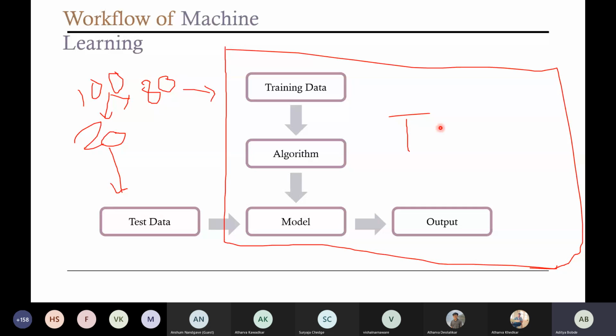So in the case of machine learning, suppose you will be feeding the data and data points. Suppose you have 100 data points. You won't be feeding your 100 data points directly into the machine. What you will be doing is splitting the data into parts, like 80% or 70% for the training, and the remaining 20 or 30% for the testing.